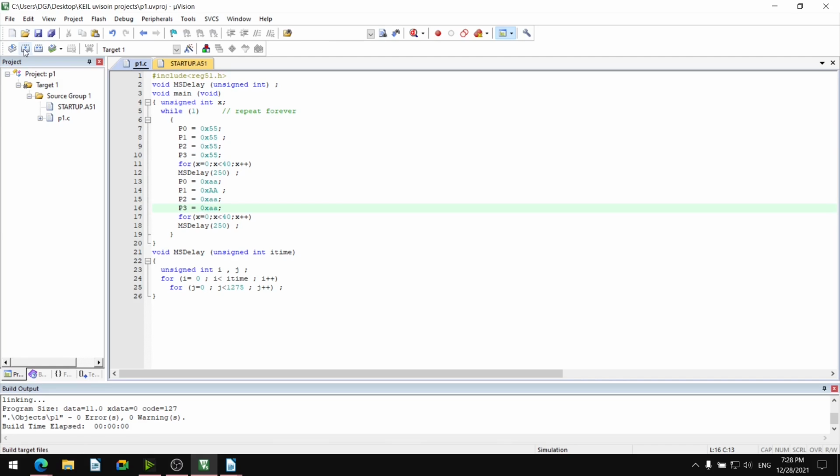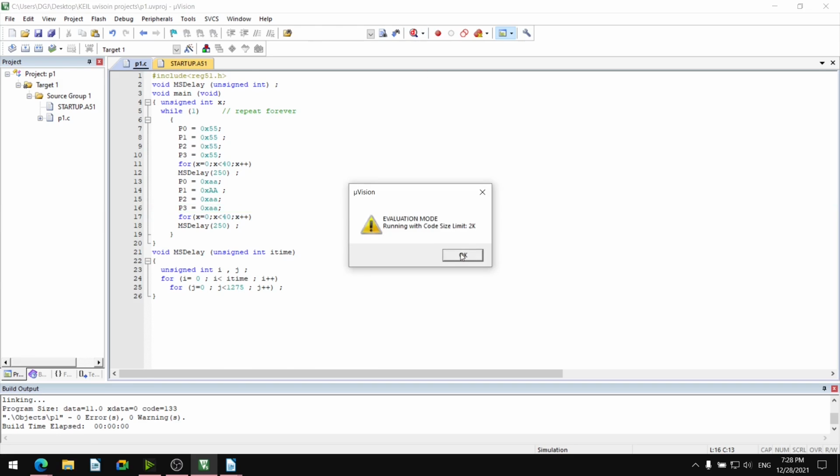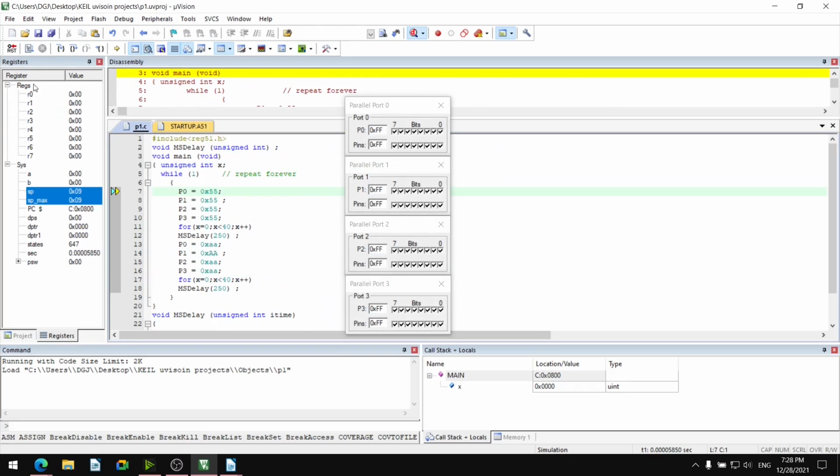Save, build, zero error, zero warning, start the debug session. Okay, and start the code execution.